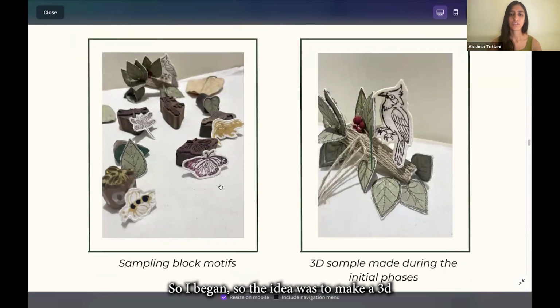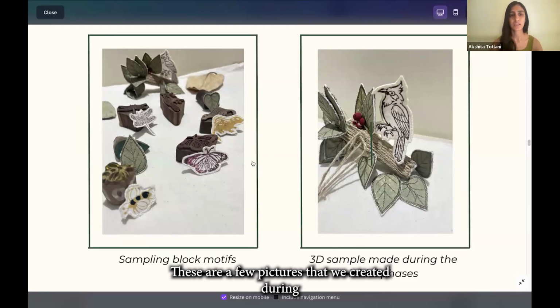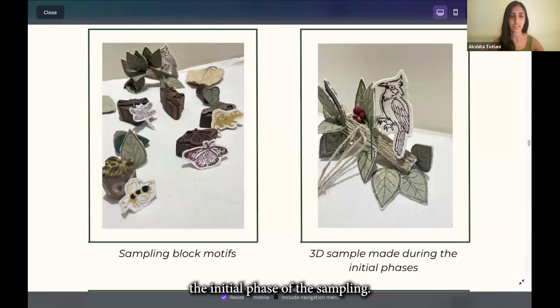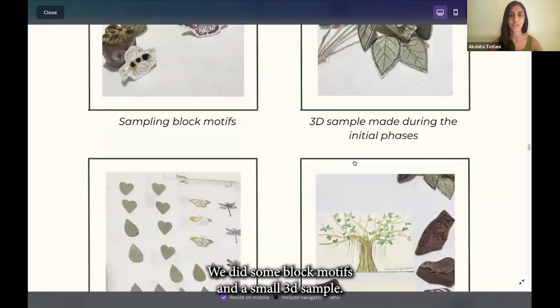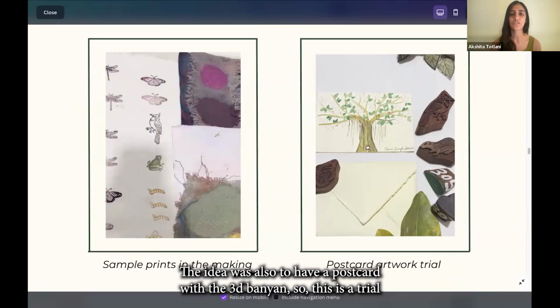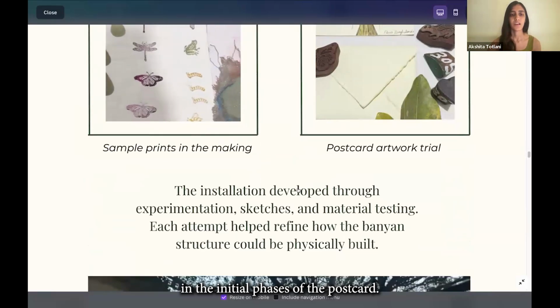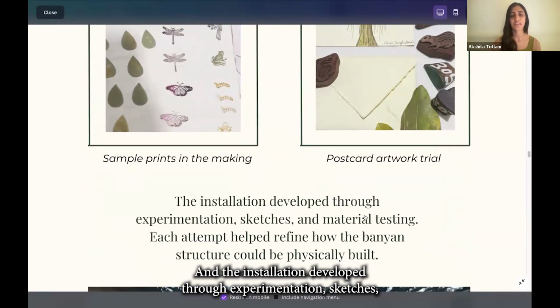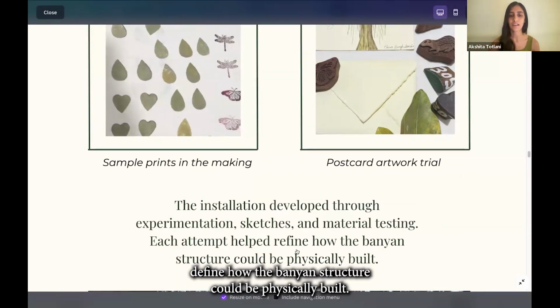So the idea was to make a 3D banyan tree using sustainable art, of course, and materials. These are a few pictures that we created during the initial phase of the sampling. We did some block motifs and a small 3D sample. The idea was also to have a postcard with the 3D banyan. So this is a trial in the initial phases of the postcard. And the installation developed through experimentation, sketches, material testing, and each attempt helped refine how the banyan structure could be